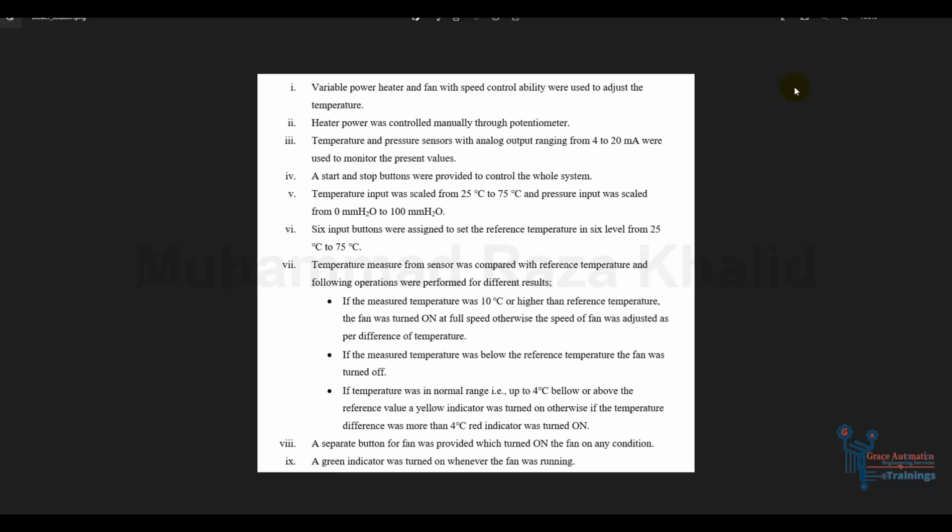In this video we are going to discuss the automation of a blower system which is used to control the room temperature. So here we will be controlling the temperature of the room through a heater and fan. When the temperature is high, the fan will be running at higher speed, and if the temperature is near the reference point, the fan will be running at lower speed. If the temperature is below the reference point, the fan will be off,